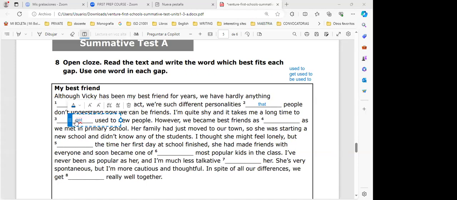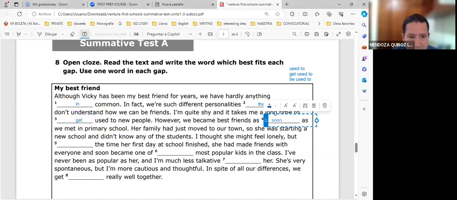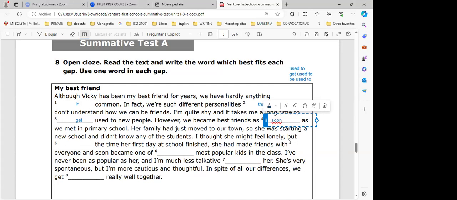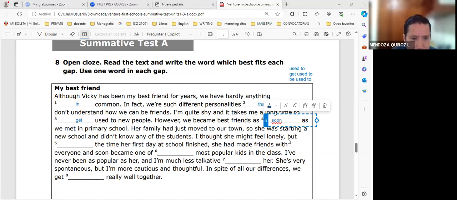Dalma. We became best friends as soon as we met in primary school. Nice. Andrea, number 5. I thought she might be lonely, but by the time. But by the time her first day at school finished, she had made friends with everyone and soon became one of